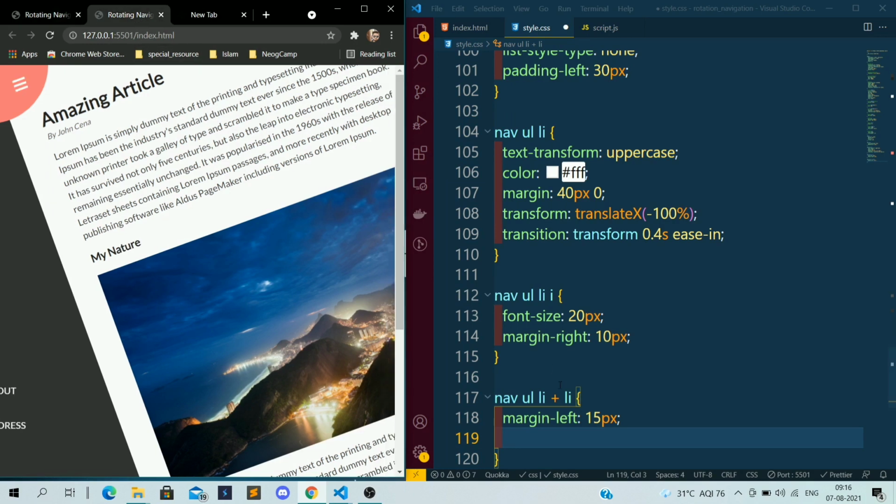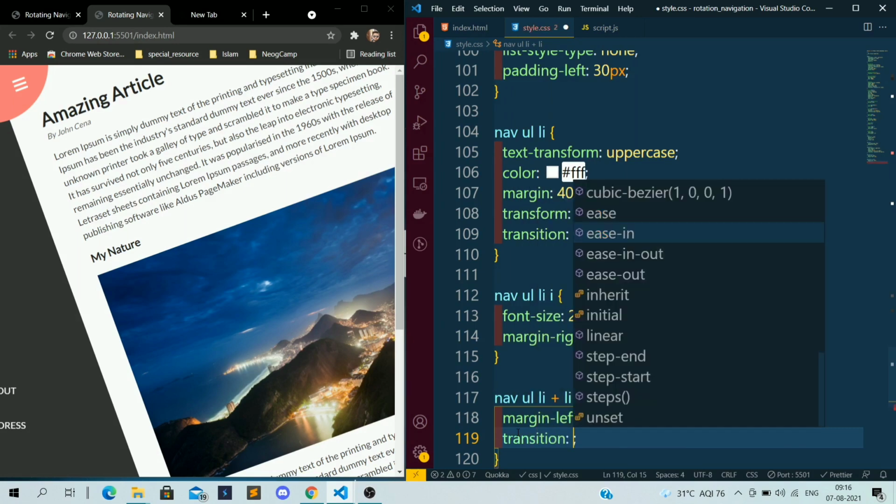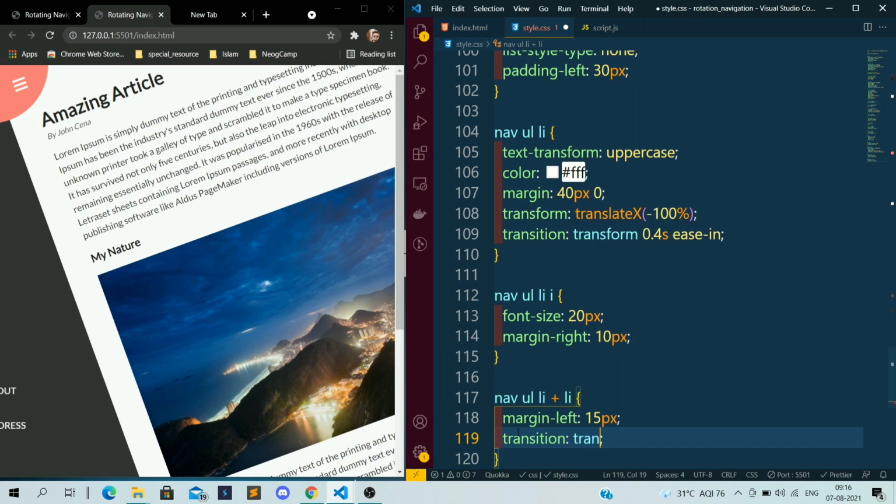That is why I have given the second LI a margin to be somewhat on the right, so that it seems as if it has rotated by some degree. Similarly I will apply it for the third one also. I want to give some transition because this will come in a certain transition format.